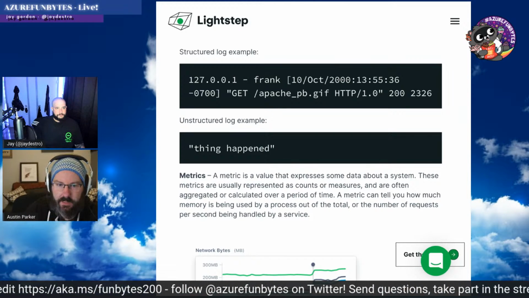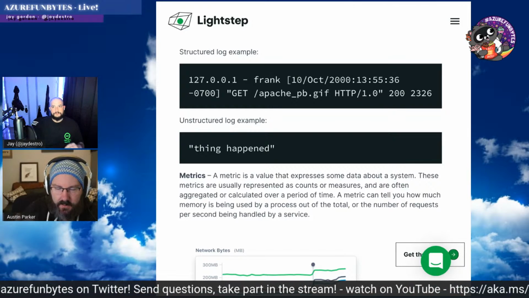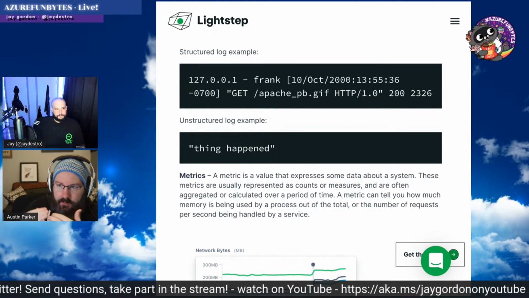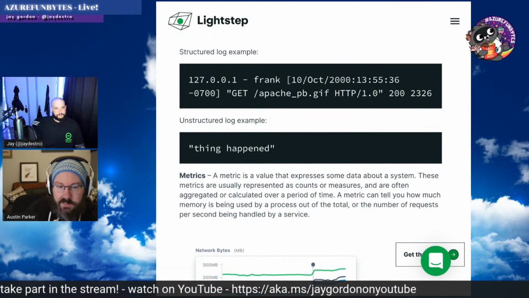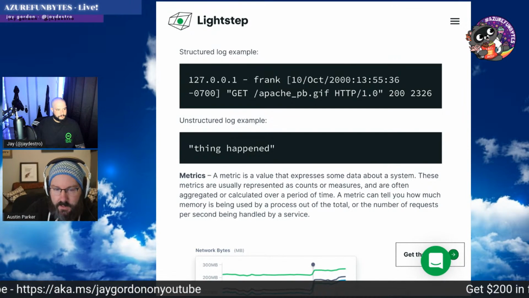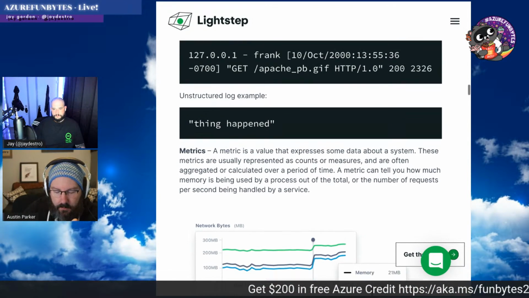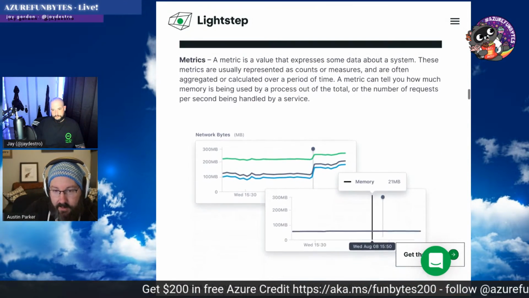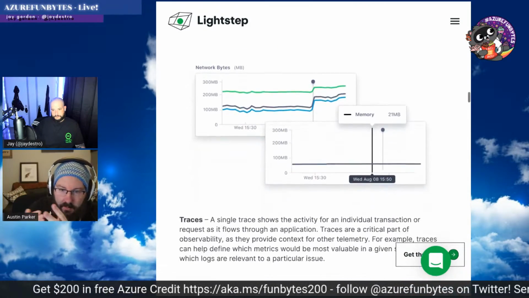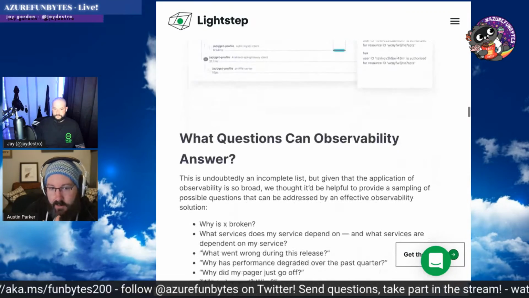logging libraries that can output things. If I'm going through system.diagnostics, I believe there's a way to create these structured log events and either put them into a log file or to the Windows event viewer or wherever. Now, that said, I can still do a thing happened, right? And fundamentally, logs are always telling us a thing happened.